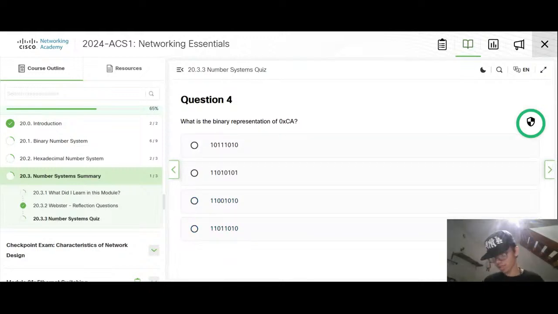A is 10. 10 or 11 is 10, isn't it? Oh, so now it's not really a camera.